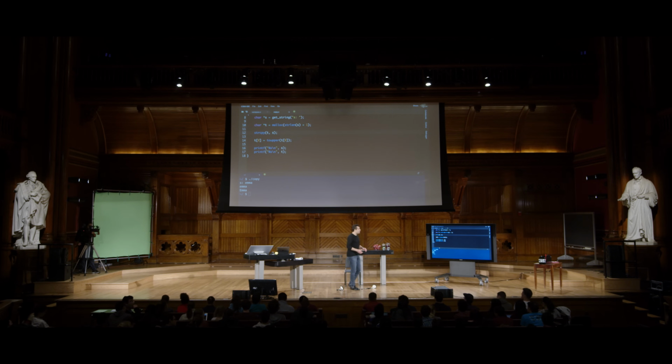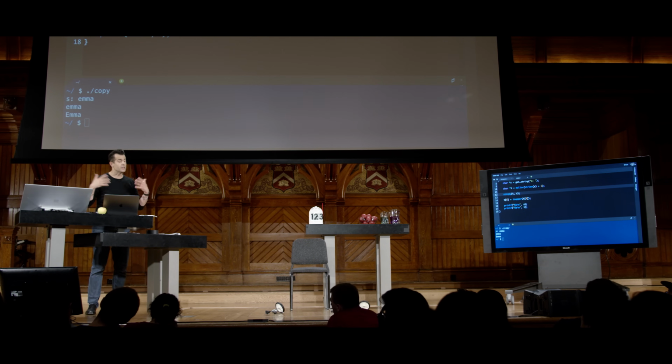Really good question. What if you forgot to copy in the null character at the end? It is unclear what would happen. If there just happened to be some bits in that location in memory from earlier, from some other part of your program, and you try printing out S and printing out T, you might print out many more characters than you actually intended if there's no \0 actually there. We'll see this more and more.